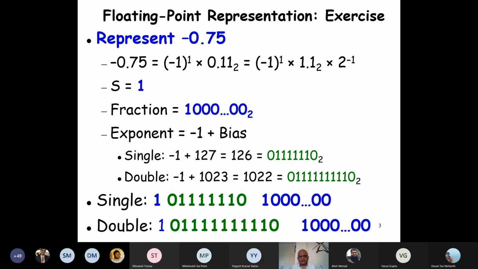And in double precision, it's almost the same thing, it appears very similar, just filled with ones and one preceding 0 and terminating 0. If you compute the binary representation of 126 as an unsigned number, and 1022, you will get this. And now we have got all the three components, so we just put them together: the sign, the exponent part, and then the fraction part. And double also looks similar, except that it is larger.